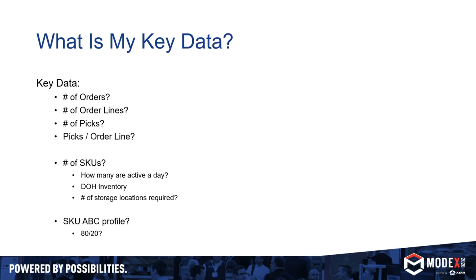What's your SKU profile? What's your ABC curve? Typically 80-20 is going to be your gold standard. So 20% of your items are doing 80% of your business. But it's just something to think about as you start to gather data and things to send over to your